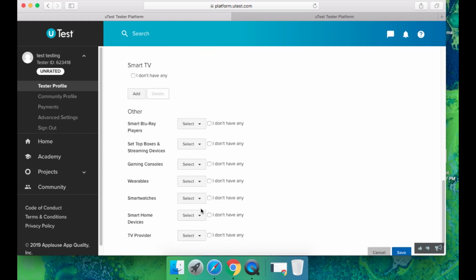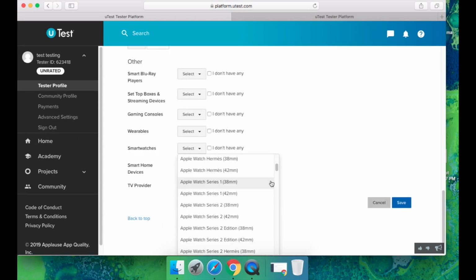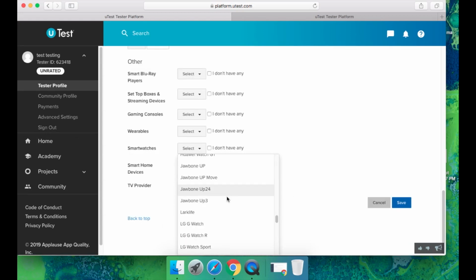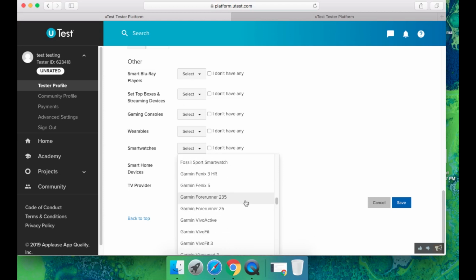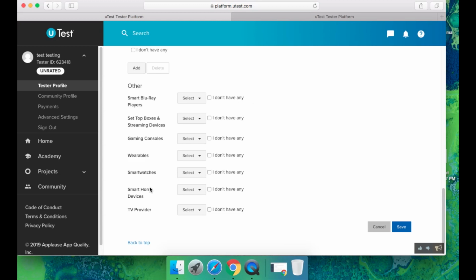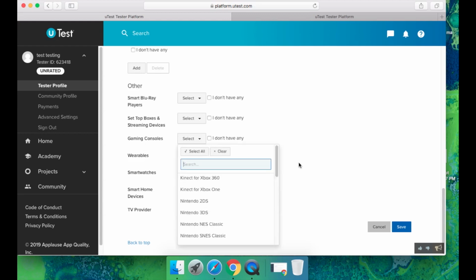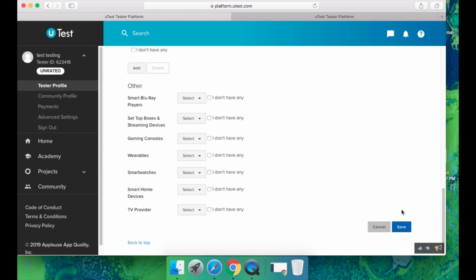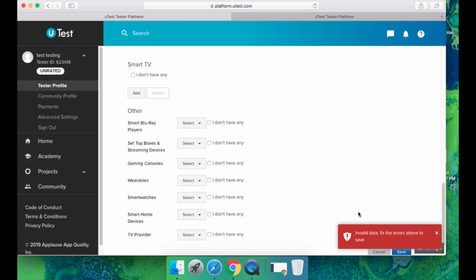If you have smart watches, I have some, but the ones I own are not listed here, so I don't do that. Anyway, if you have, just list them. If you have smart home devices, smart Blu-ray players, whatever it is, a gaming console, if you have Xbox or Nintendo, brilliant. And when you're done with all that, don't forget to click on save here.